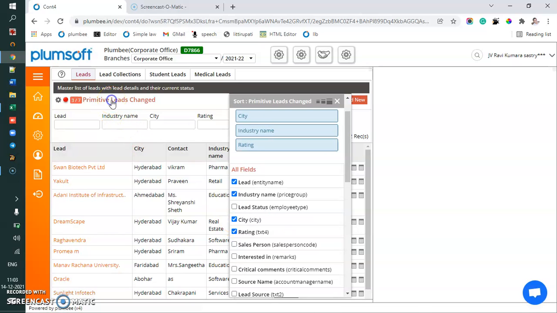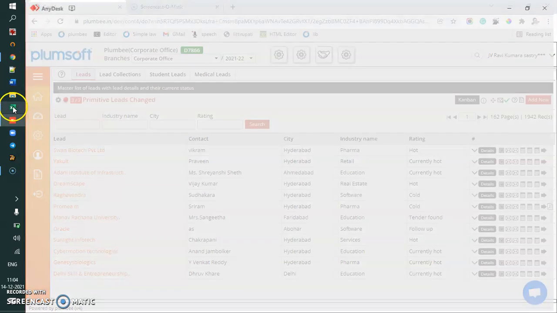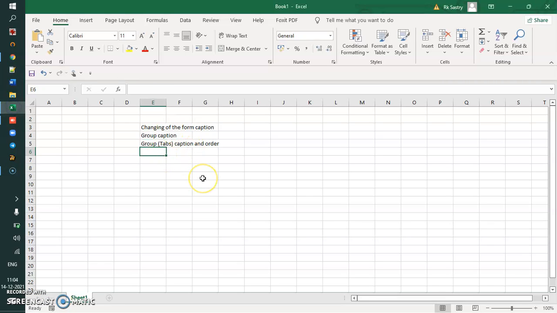So now if I refresh it, you will see the lead and then the contact, then the city name, and the lead status is removed. So here we have learned how to set list fields and their order.